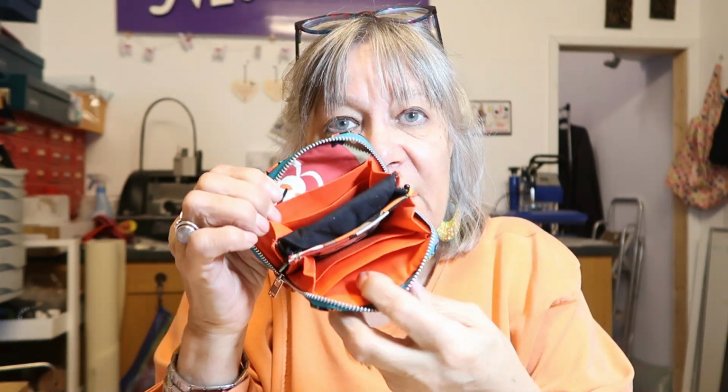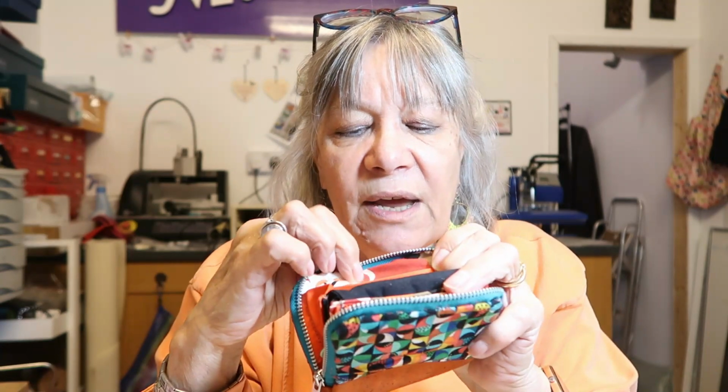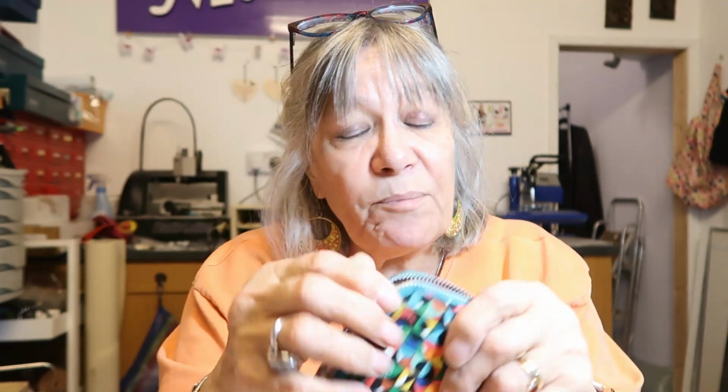Finished this, don't like it. Well, not completely finished, because it opens up like that. If I open it right down, it opens up like that. And I've still got a couple of the wings, I think it's that one, to sew in, the wing on both sides. But it's got a little vent there for your credit cards, a little purse that has a little Velcro there. I've just used scrap fabrics, and then it's got another little pocket in the middle, and then it's got credit cards there. Nice idea. Probably if I did it a second time I might perfect it,